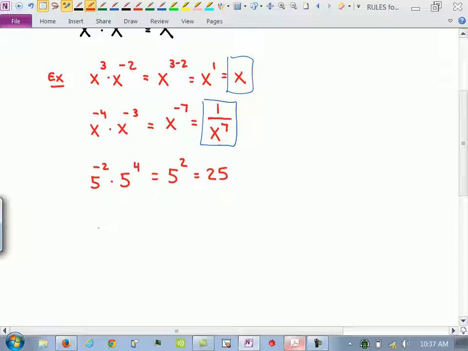How about this? x to the 3rd, y to the 4th. That's right. The property says, if you go back up and look at it, you must have the same base. Those bases are not the same, are they? So you can't use this rule. Okay, so I'm going to put that here. Rule does not